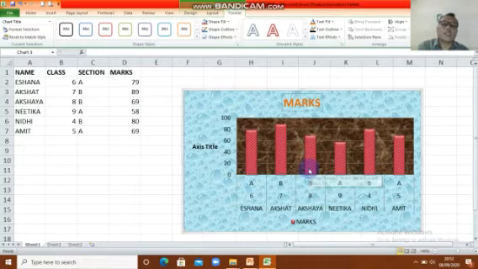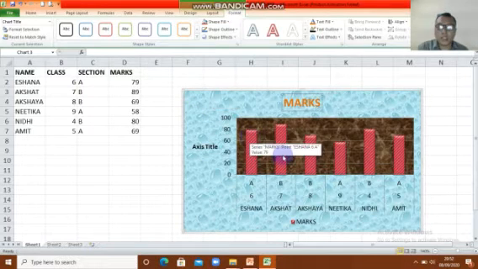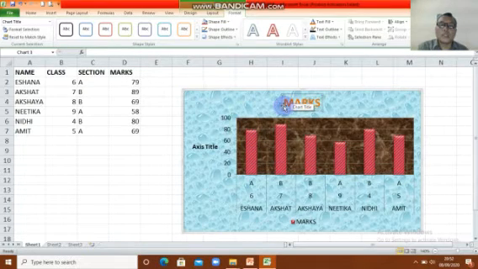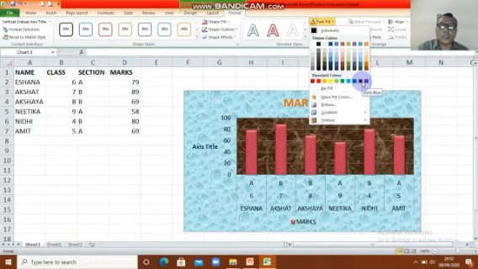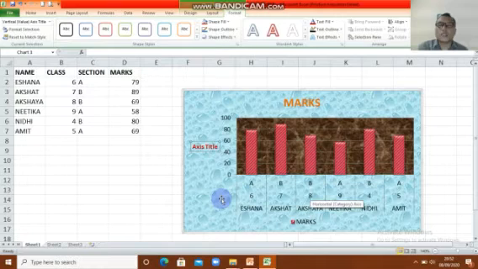Okay, kid, that's the step if you want to format, maybe the background, the chart itself, the chart title or the axis title. For example, this one: you want to change the color, click, and then choose Text Fill. You want to change it to this color. Easy, kid, how to format the chart.